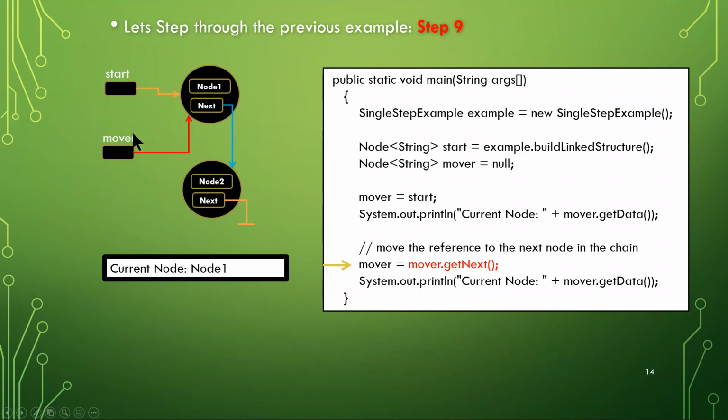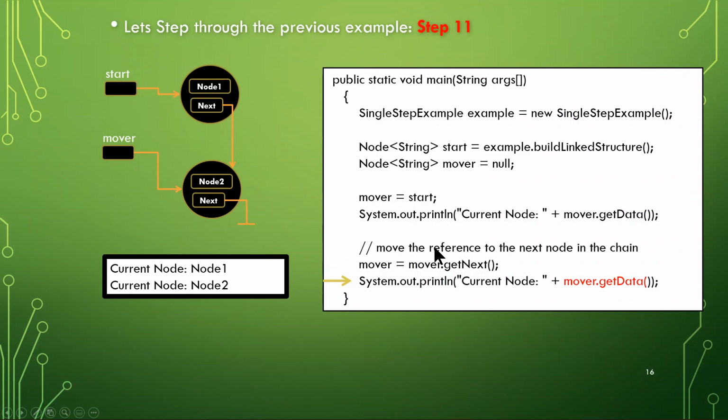So we've done mover.getNext, which gets us to here, gives us this reference, and then we go back and it's overriding the previous value that was then in mover. So basically this is it stepping forwards. So we have next, and then it's copied over into mover. So after this line right here, mover is not pointing to the first reference now, it's referencing the next node that was after there. So when we go down to the final line right here, we have current node plus mover.getData. So following the actual arrow down to here, it's going to get the data out of this second node that mover is currently referencing, which will be node 2,